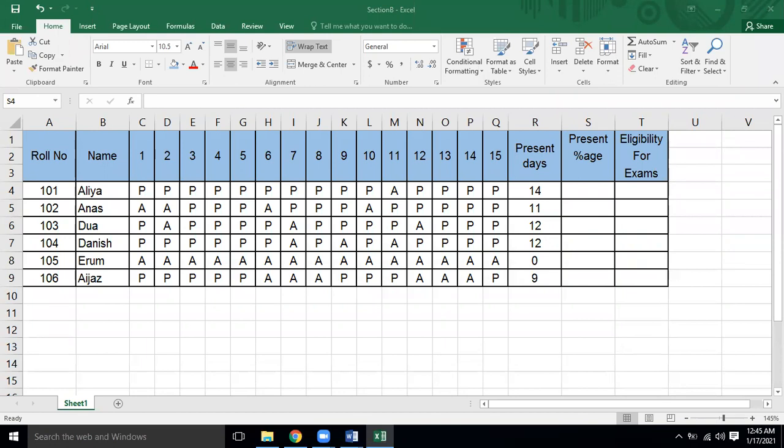Yes, Tawheed. Don't you know how to find out percentage? How do you calculate percentage for your test? For example, you got 18 marks, the total marks were 30. How do you calculate the percentage for it? Zulkaf, Usman, no one knows how to find out the percentage? Please raise the hand.